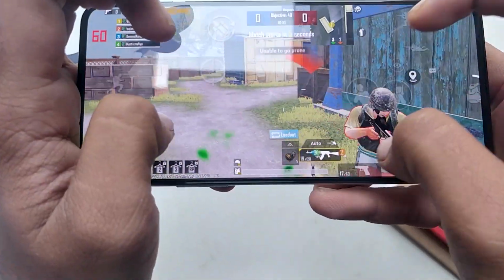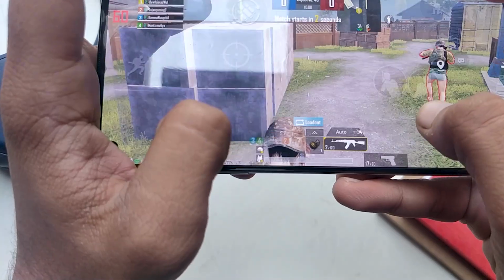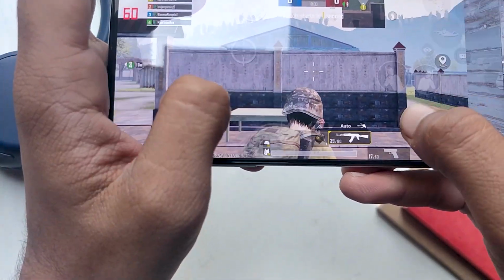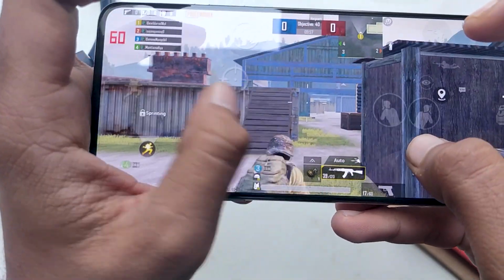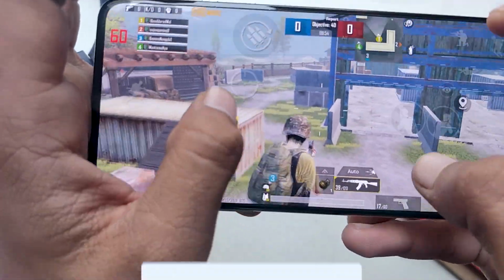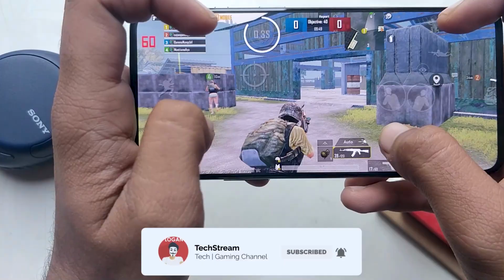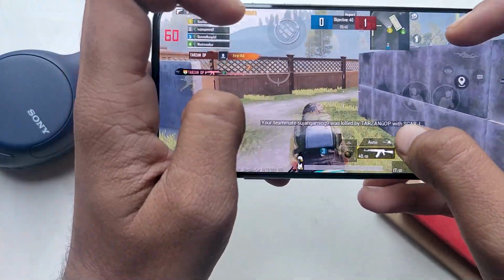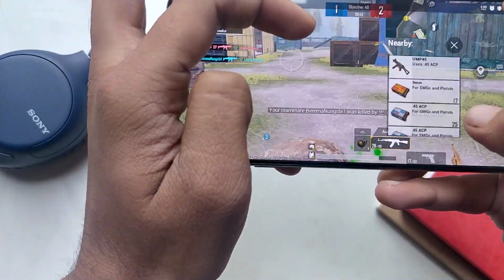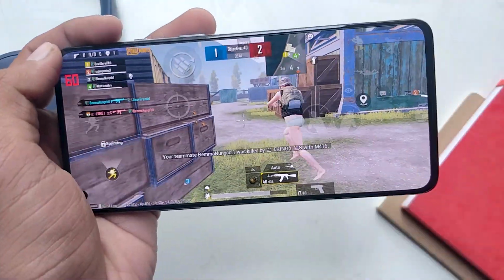To experience the full 90 FPS on PUBG, you need your screen refresh rate to run at 90 Hz or above. But we all know that the OnePlus 8T has a 120Hz screen, which is more than capable of running the game at 90 FPS. And we have set the screen refresh rate to 120Hz in the settings also. Then what is the problem?